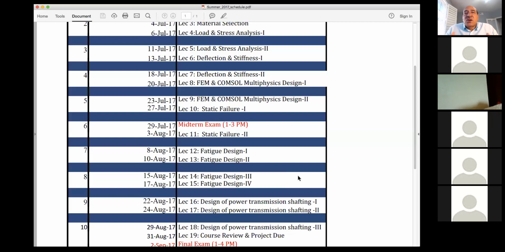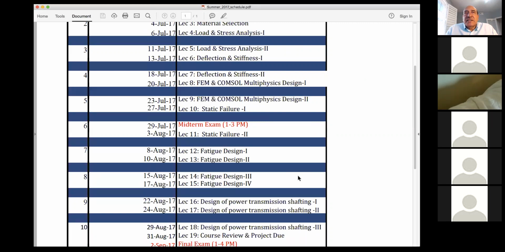So it will be a long homework assignment, essentially, to start designing a shaft and all of the gears, and then how you transmit the power in a particular application that is specified for you. So that's kind of an overview of the philosophy of this course. And as you know now, it's material selection, stress strain, static failure, fatigue failure, and then applications to shafting and